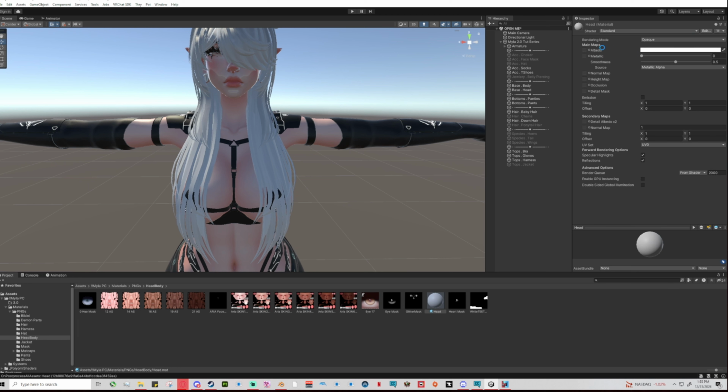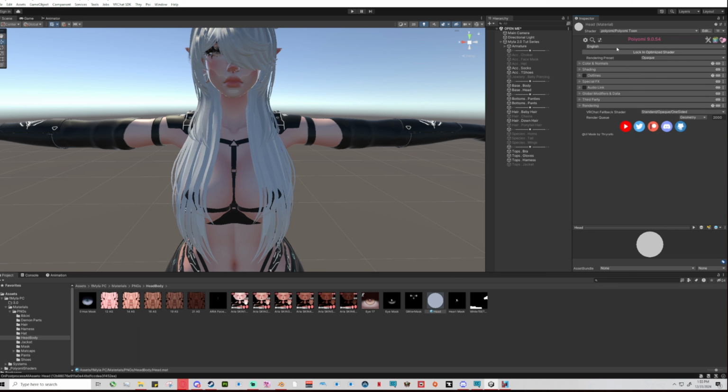Poyomi Tune. Obviously, you saw where it said old versions, and like I said earlier, this is a version of Poyomi that ranges from like 7 point something all the way up to 9 point something. So if you or any of the other customers wanted to use a different version, they can. But if you just click Poyomi Tune, it's going to use the newest version that is on the version that